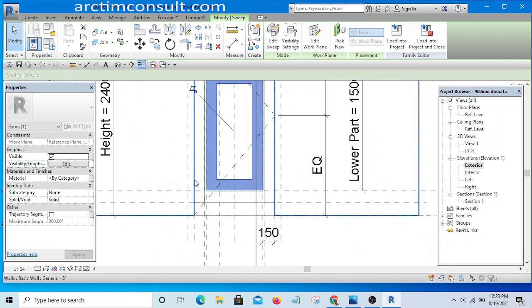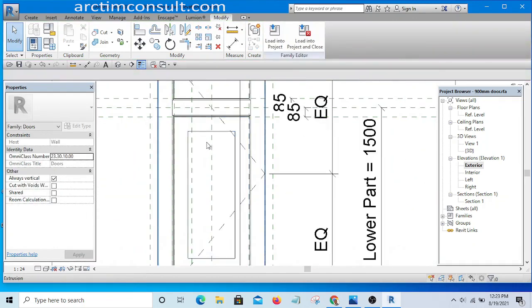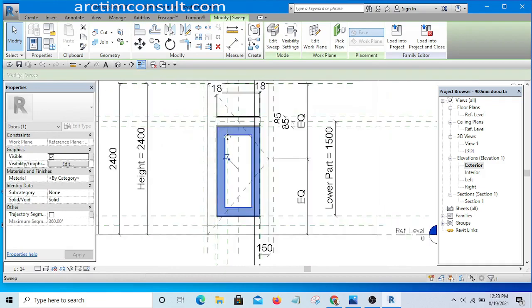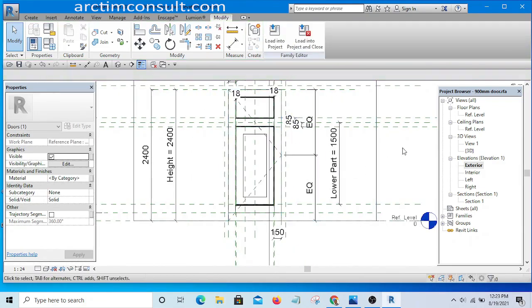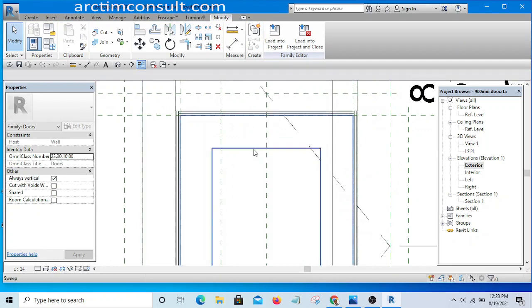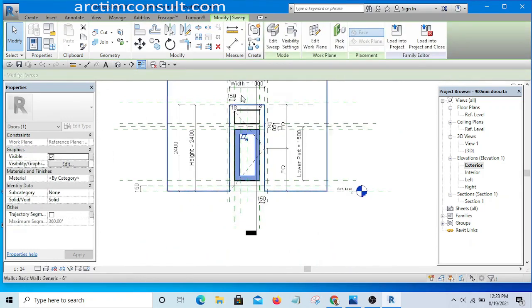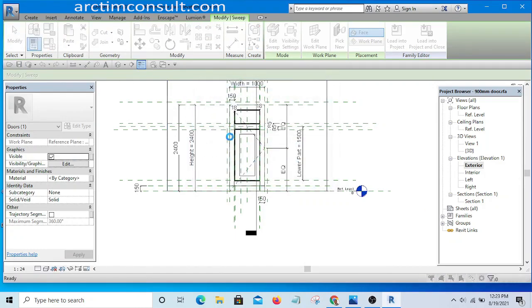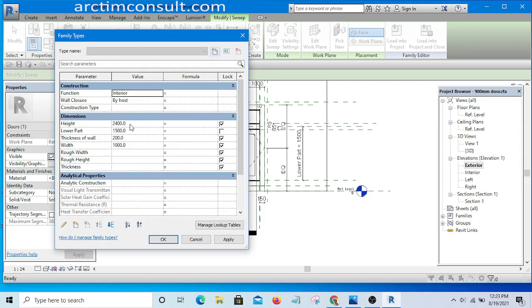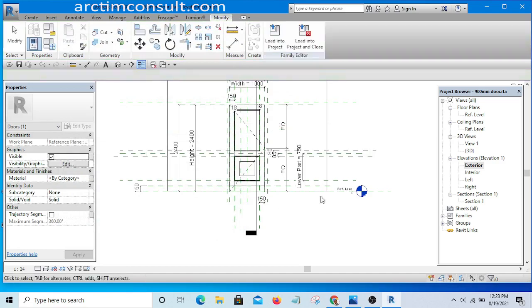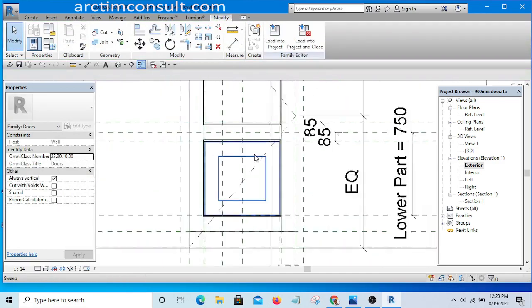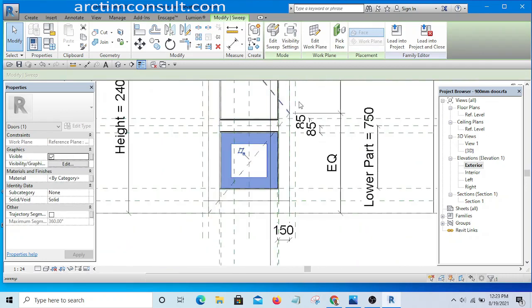Okay, so you can see that we are in progress. Now if I decided to change the lower part, what is going to happen? Will my model still remain? So if I change it to 750 now, will it break my model? Let me see. Okay, so it is working. Now that we are sure it is working,